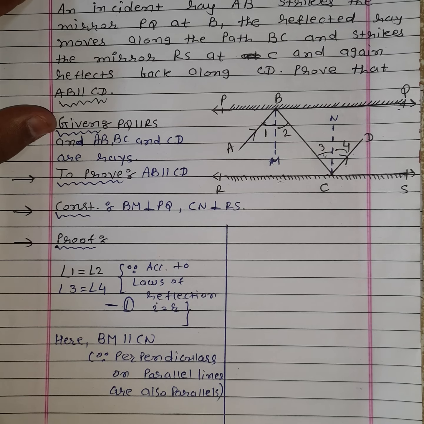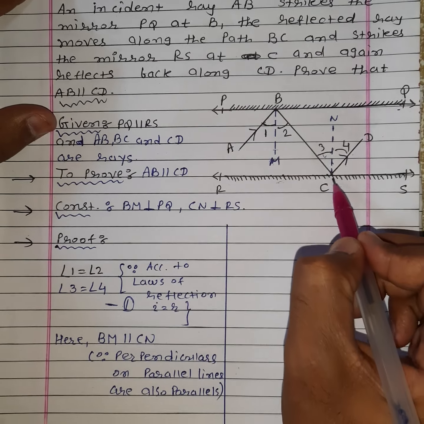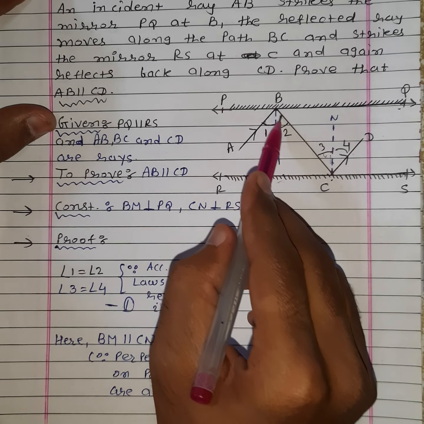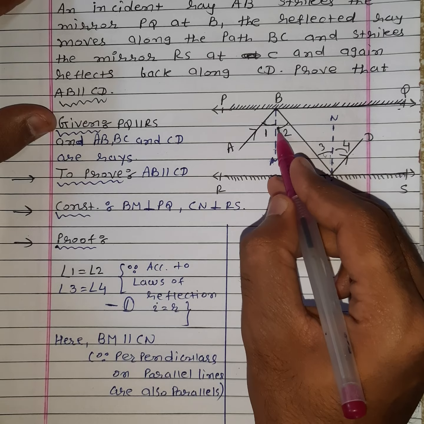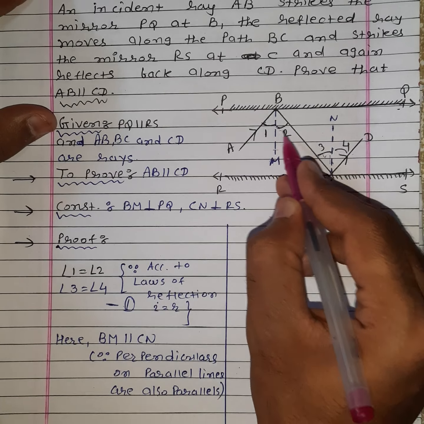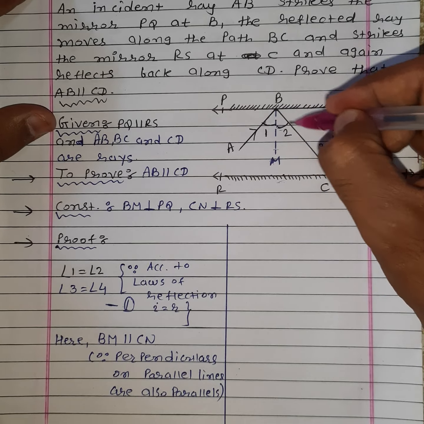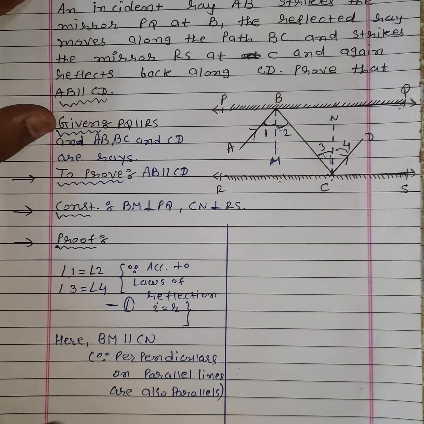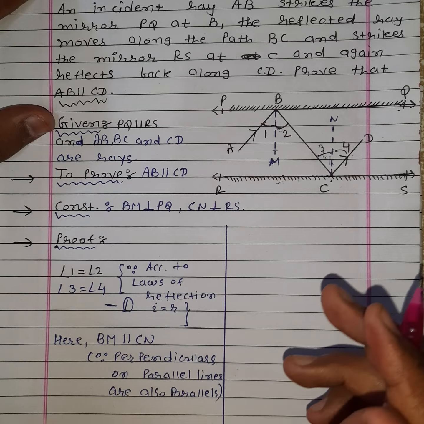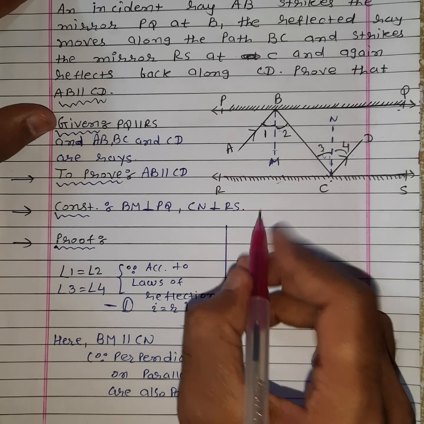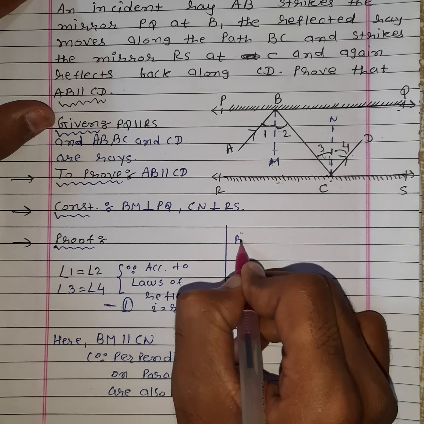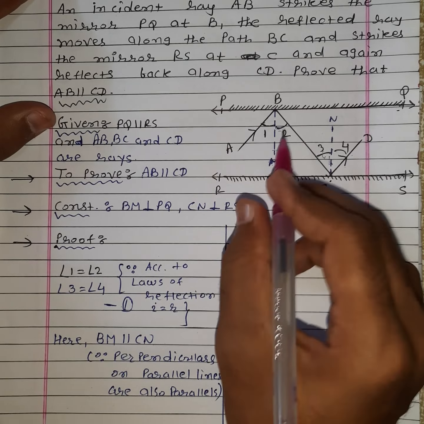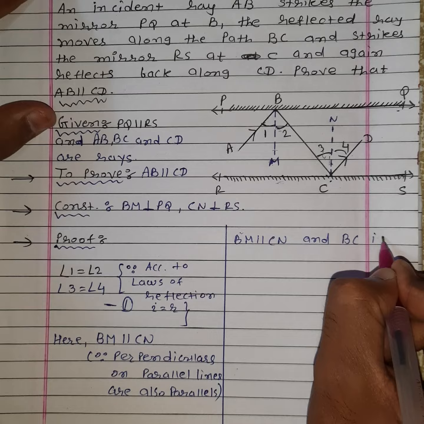ओके, नाउ सी, अगर स्टूडेंट्स BM और CN दोनों पैरेलल है, और अगर हम BC को एज ए ट्रांसवर्सल कंसिडर करें, तो ये एंगल 2 एंड एंगल 3, ये दोनों एंगल्स आप देख सकते हो, Z जैसी डायग्राम यहाँ पे फॉर्म हो रही है. सो एंगल 2 एंड एंगल 3, they will be alternate interior angles and alternate interior angles are equal, right. So हम कह सकते हैं कि BM is parallel to CN and BC behaves as a transversal,